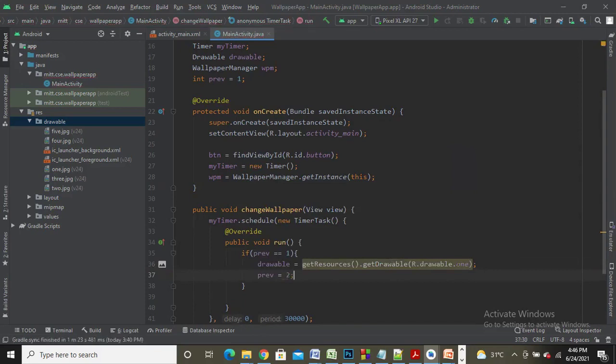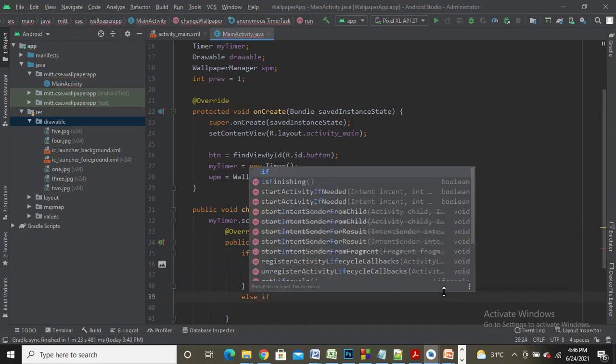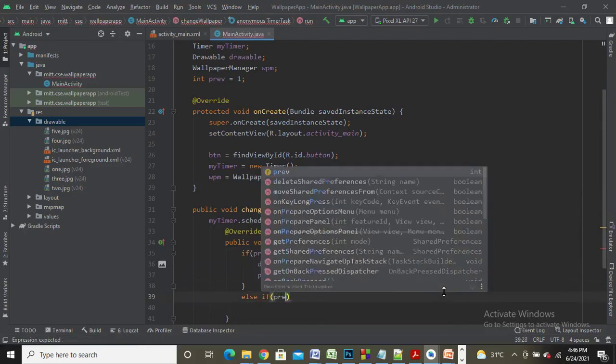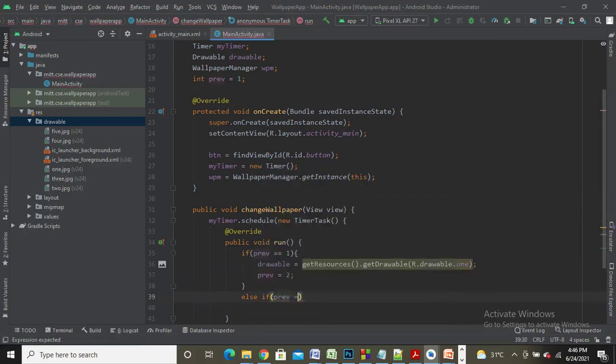Done. So next, else if my preview value is not equal to 1, I'm going to compare whether my preview value is equal to 2. So else if preview value is equal to 2. Now if it is equal to 2, repeat the same procedure. Make your drawable variable point to the resource with the name 2.